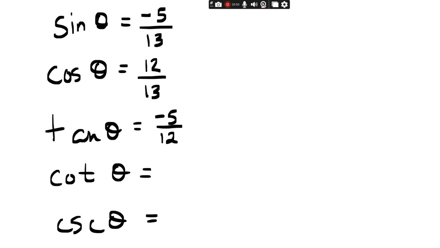Okay, anybody cotangent? Okay, let's go with it. Now it's 12 over -5, right? The only thing here with the -5 on the bottom is that we don't ever let a negative stay in the bottom of fractions. So you have to either stick it in front of the fraction or stick it on top with the 12. You've got to do one or the other. So notice on tangent, the negative is with the 5. On cotangent, the negative is in front of the fraction. Those two make sense, but we don't ever leave negatives on the bottom of fractions. Okay, and